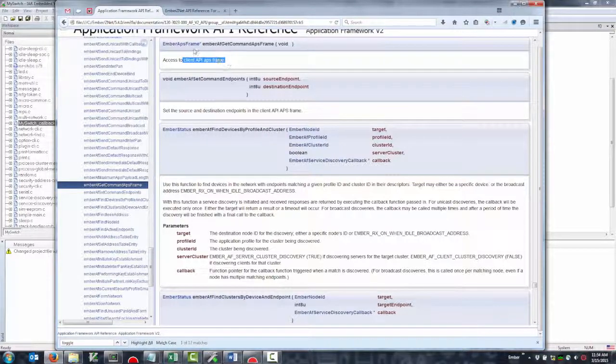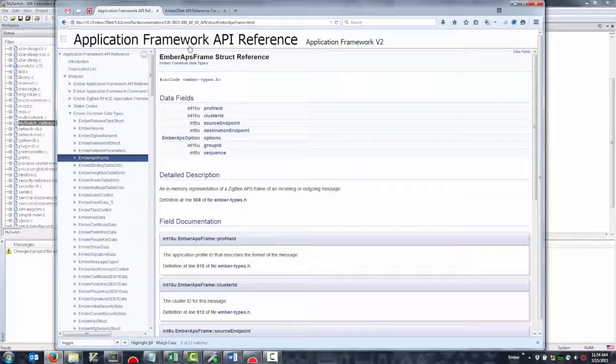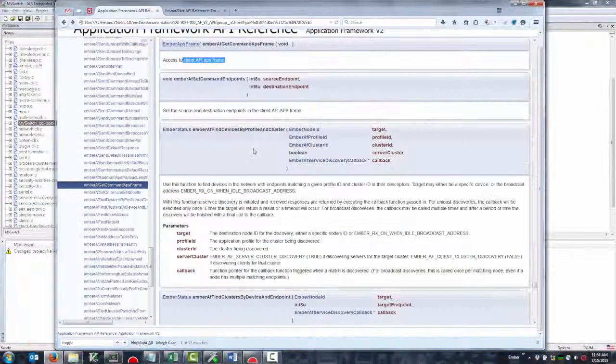Then we could dereference that, and in that Ember APS frame struct, you will see a source endpoint and a destination endpoint. So you could call that function, go into that structure, set that source endpoint, and then set that destination endpoint. But as it turns out, there is a more direct way to do this, which is to use Ember AF set command endpoints, which just allows you to specify the source and destination endpoint without having to dig into the structure. Note that if you wanted to modify other portions of the APS frame, you would be better off using the Ember AF get command APS frame